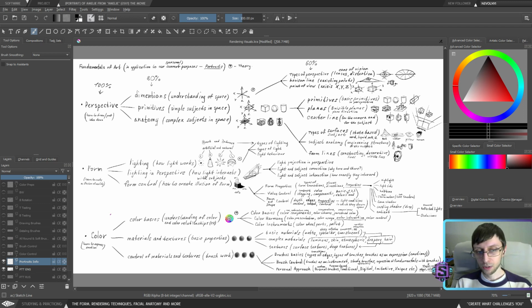This is the same thing that I tried to do with the scheme we talked about in the previous stream, which is all the fundamentals that you need to know to create pretty pictures, but it's not enough, of course, if you want to create a complex illustration. But for our purposes of dealing with portraits, it's going to be more than enough. We're still going to talk about how to add story into portraits, and this is the first topic we're going to cover today. Then we will gradually touch upon the pipeline, how I'm going to deal with portraits personally, and what questions I need to ask in order to find the right answers, etc.